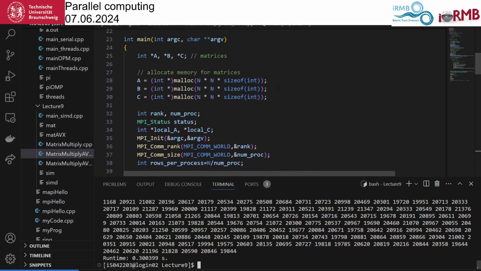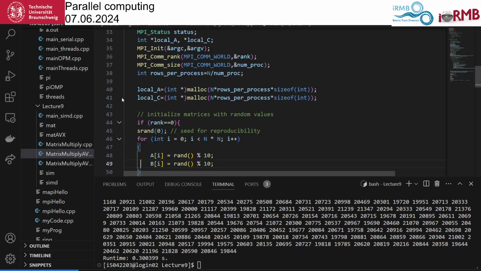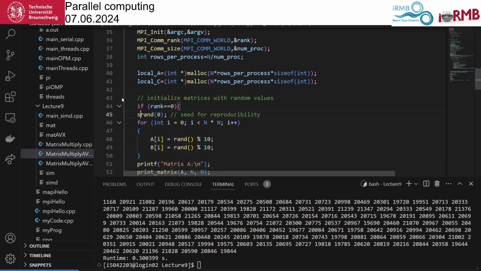So what we could do is the following. We can put A and C, unfortunately they are not next to each other. I copied this and just take this out. We do the allocation of this only if we are in rank 0.